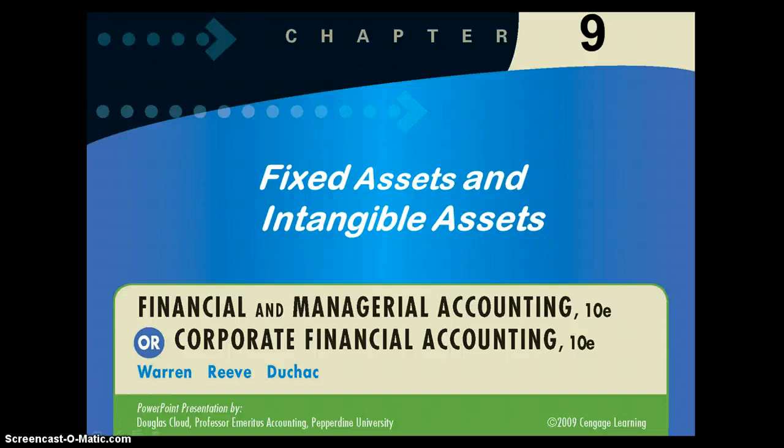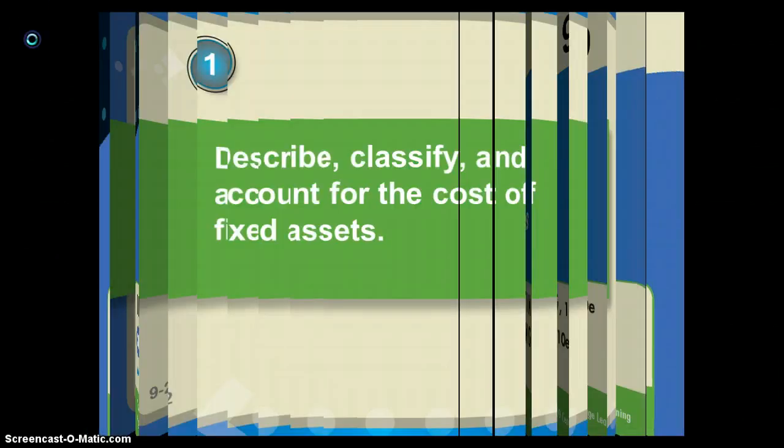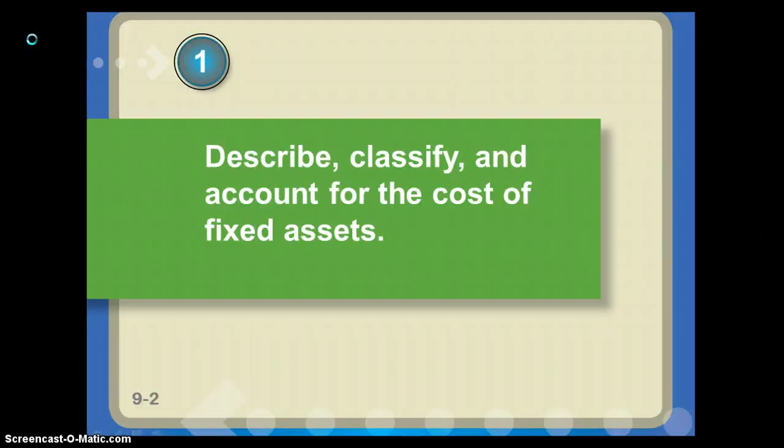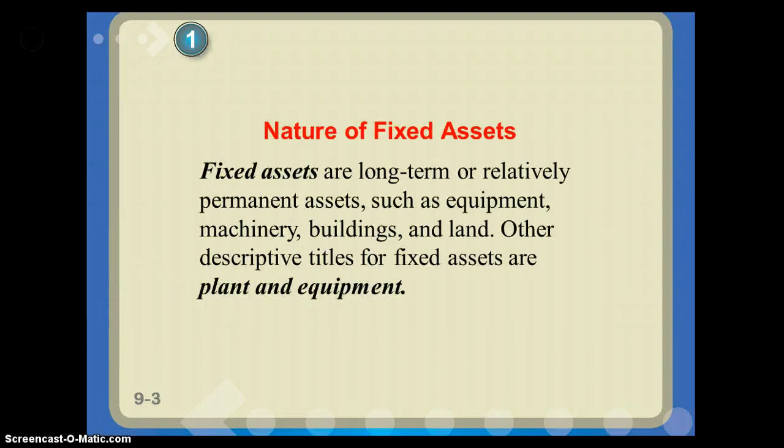Chapter 9 covers fixed assets and intangible assets. First, we're going to describe, classify, and account for the cost of fixed assets. Fixed assets are long-term or relatively permanent assets such as equipment, machinery, buildings, and land. They may also be called plant and equipment, or buildings, plant, and equipment, or machinery, plant, and